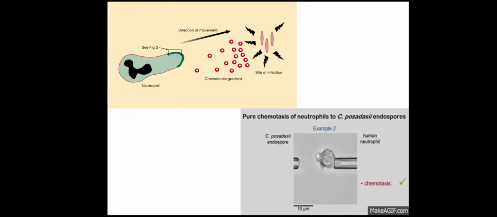So this is a picture showing this filopod. This is the WBC, and due to increased intracellular calcium and activation of the contractile proteins, the actin will polymerize here and this filopod will be formed, and because of this it will help in the movement of the WBC toward the microbe. Now this is an in vivo picture in which this is an endospore and this is the neutrophil, and you can see there is a filopod which is formed here.